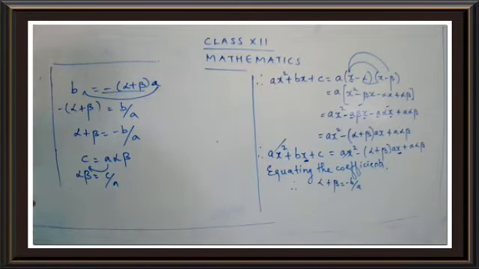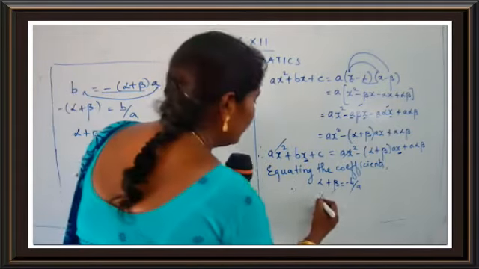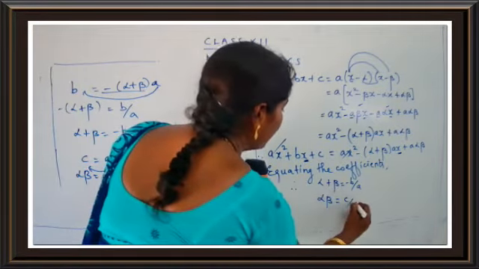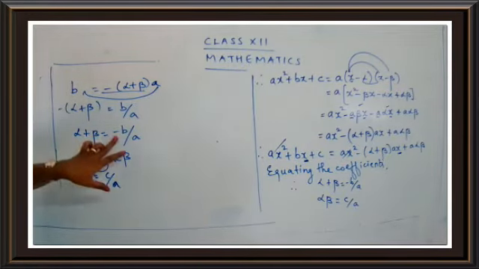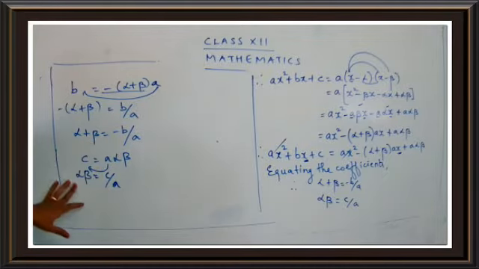Yes, children. So what is the value for alpha beta? It's C upon A. What is this alpha beta? This is the product of roots. So write down here, alpha beta is equal to C upon A. Very simple. We have found for alpha plus beta, the answer is minus B upon A. And we equated the constant term. When we equate the constant term, you get alpha beta is equal to C upon A.